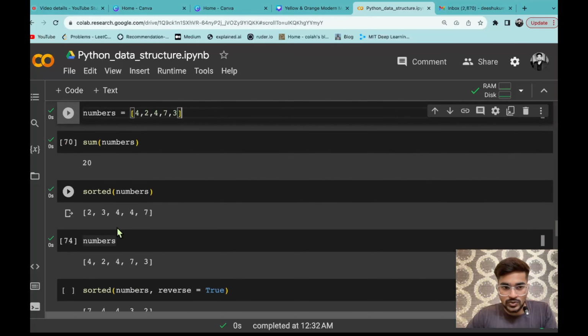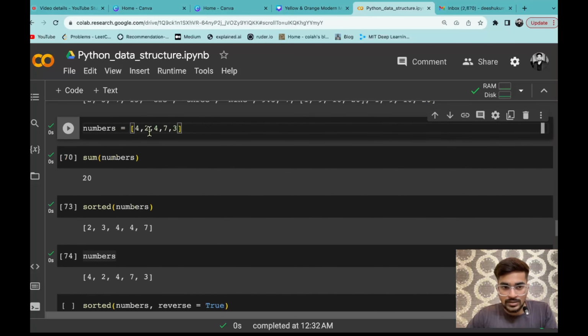That means जो भी आपने sorting किया है that is not affecting the original list. मतलब कि सिर्फ यहाँ पे आपको sort करके print कर दिया result, but actual में जो भी आपने list define किया था वो actual में sorting नहीं हो रहा है. So that is why it is called कि ये in place operation नहीं है. Now let's say you want कि जो भी अपना original list था उसमें भी वो reflect हो जाए, like whatever the sorting you are doing here, it got reflected in the original list also. So you can do that also, but I will show you how you can do that later. So let's say I am again printing that numbers. So this is the original numbers we have.